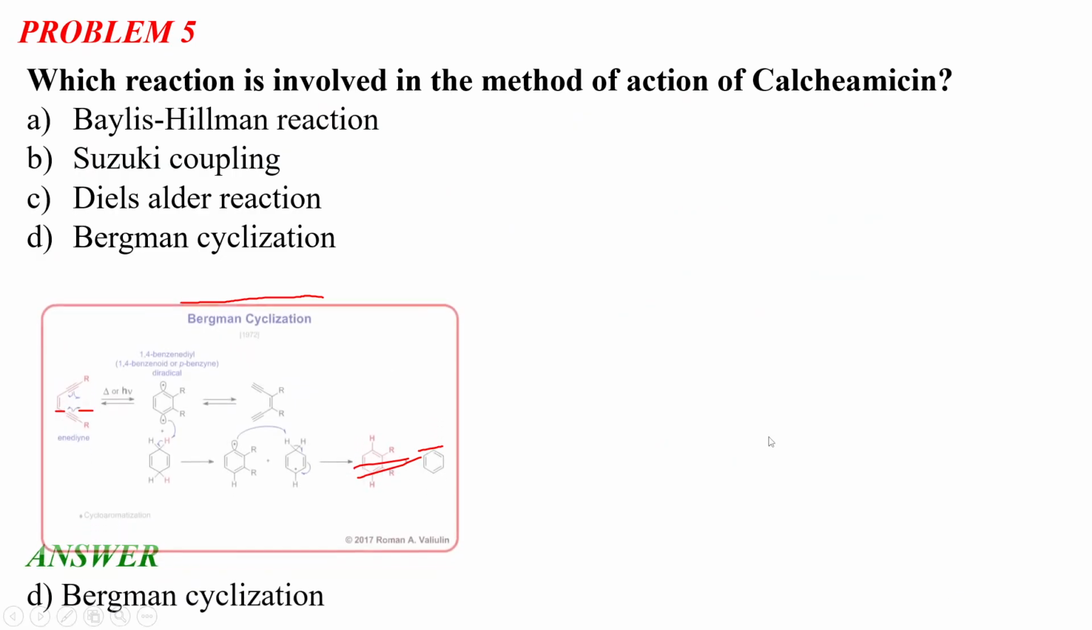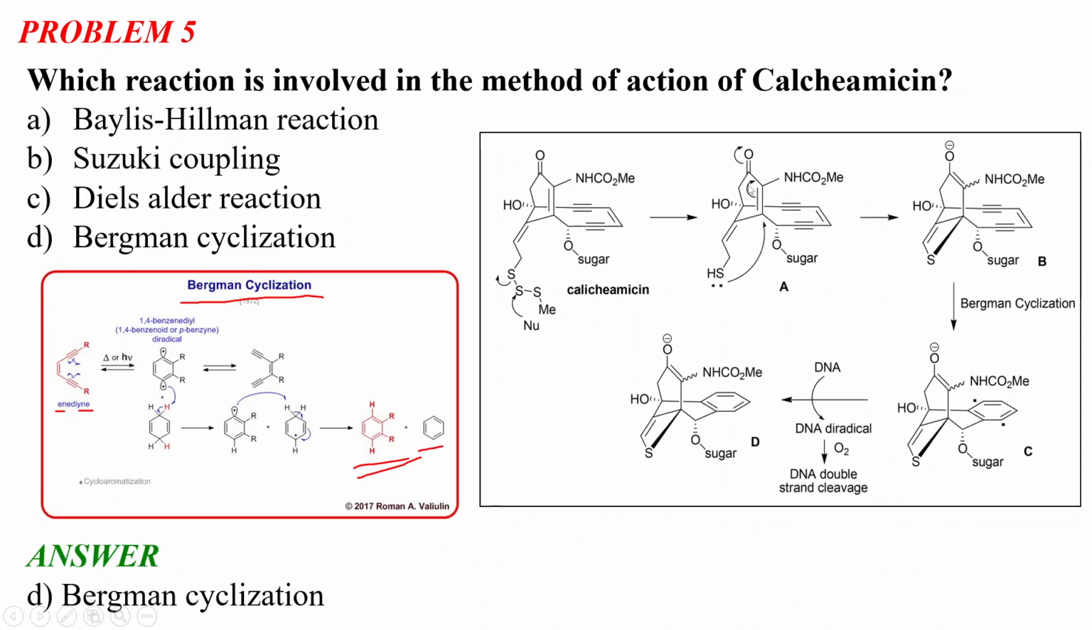Then what happens, after the thiol attacks this alpha beta unsaturated system, there is a resonance here. As you can see, there is an enediyne formation here. If you carefully see, there is a triple bond followed by a double bond, and then another single bond and a triple bond. So it is an enediyne kind of formation like this, and then there will be a Bergman cyclization, and we will have this